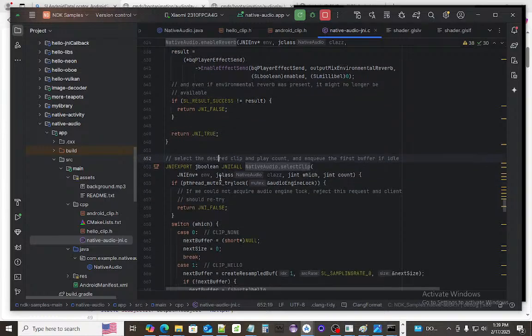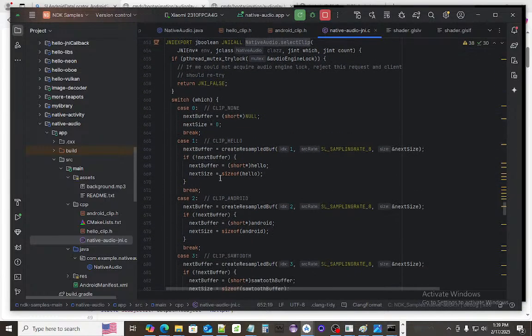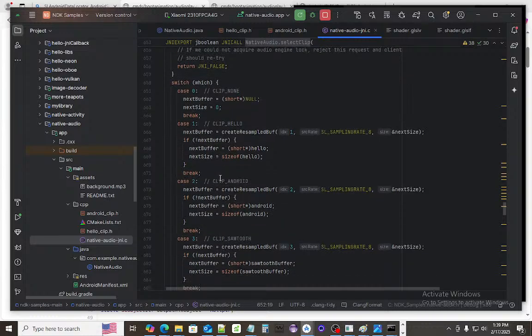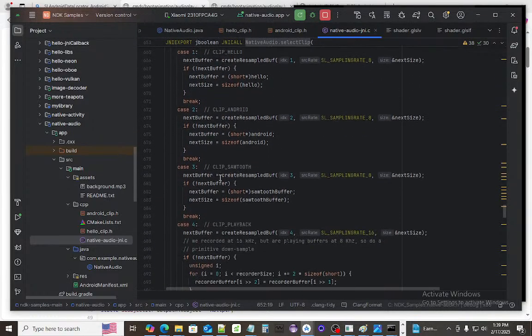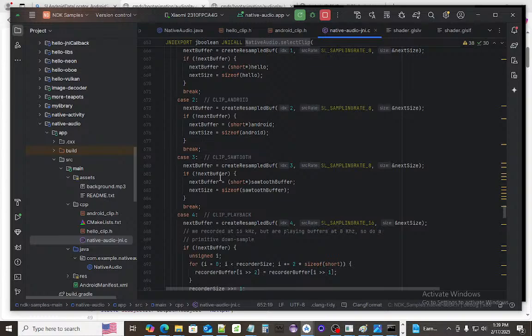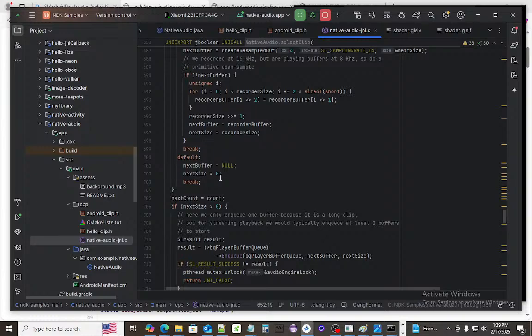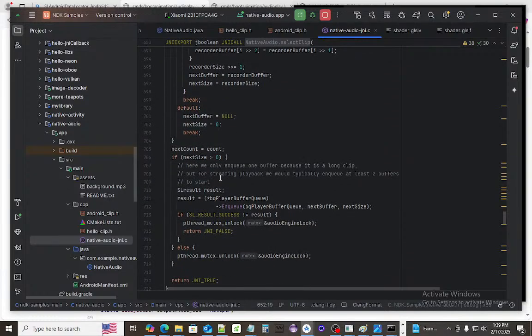Then next buffer. This is where you press play, I guess. As you press play, it puts it in queue